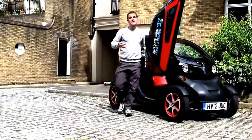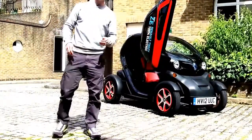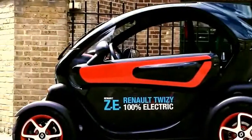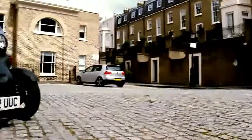In Britain, the Twizy's lack of weather protection could be more of an issue than its limited range. This video would look very different after all if we'd filmed in January rather than July. Despite our reservations though, it's hard not to fall for the Twizy. It could be a huge hit or a monumental miss, but it's so radical and so much fun to drive that it